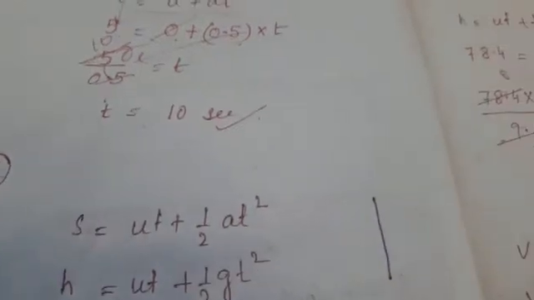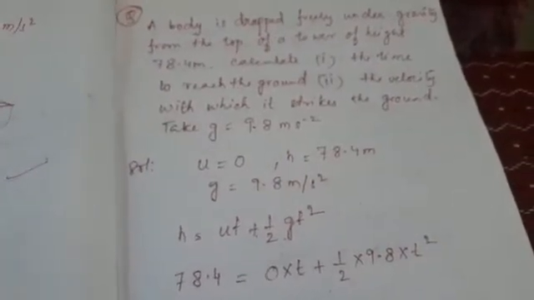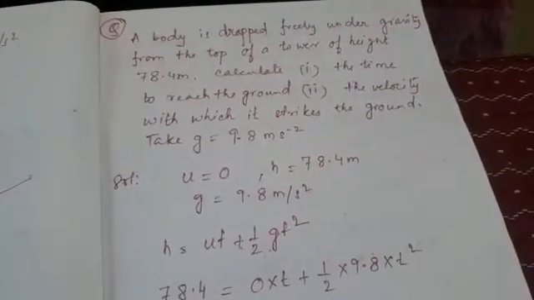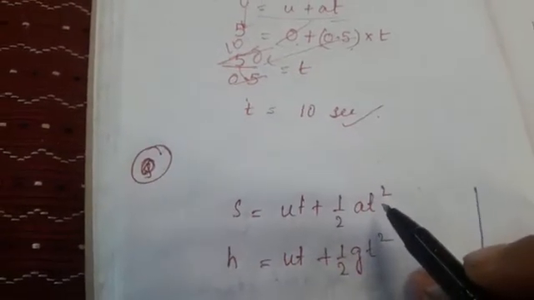Morning students, today we are continuing with module 5 of the motion in one dimension chapter, where we are going to continue the numericals of this chapter which we have already started. Now see, we have already seen that S equal to ut plus half at square. It is the second equation of motion.